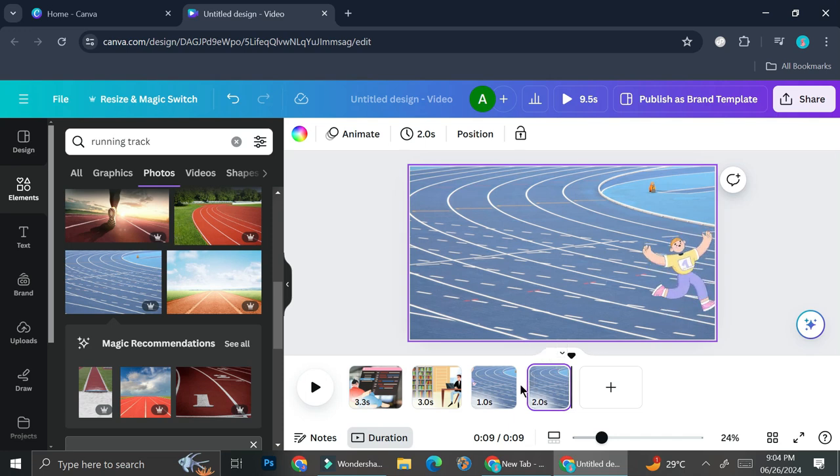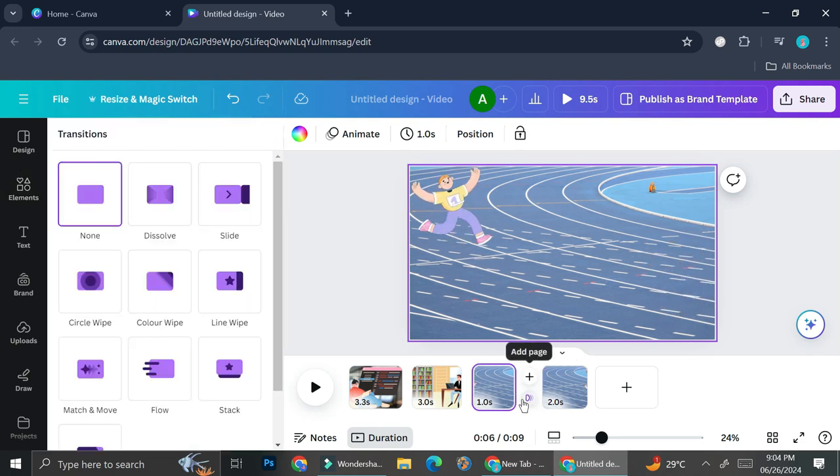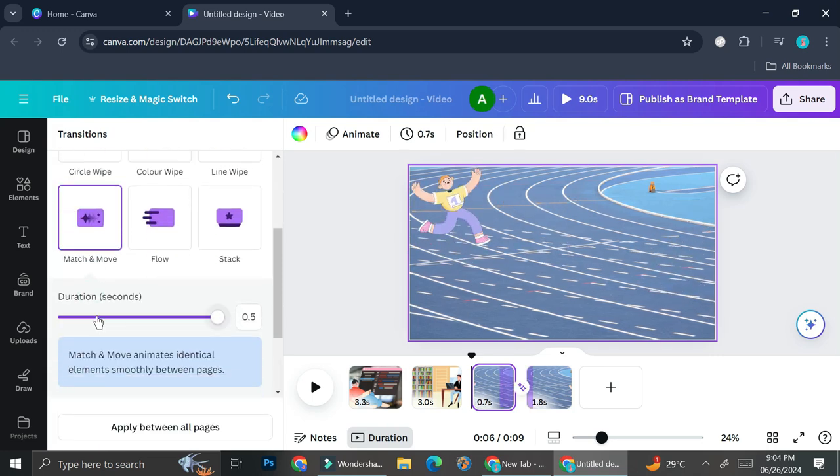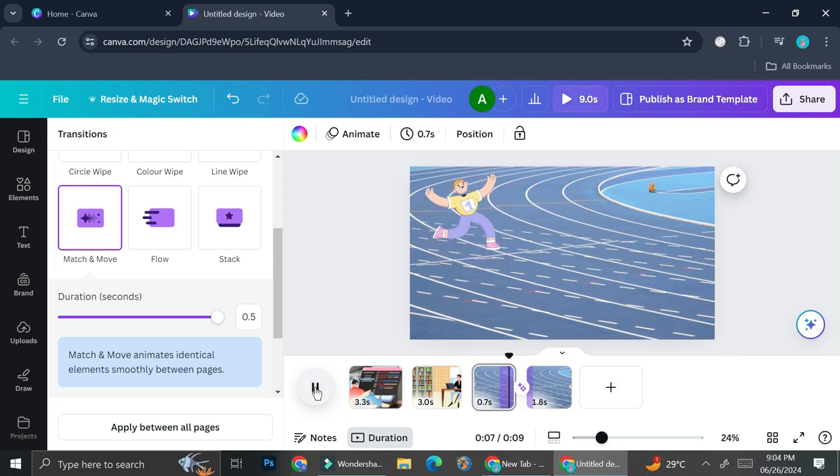And I'm going to want to add a transition. In order to do that, all I have to do is hover your clickers in between the frames, and then you want to go ahead and click on this add transitions option, and we're going to do this match and move. So you can see that the person is moving how I want it to. So if we play it, it's going to be something like